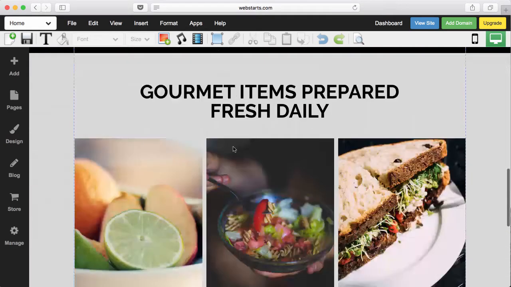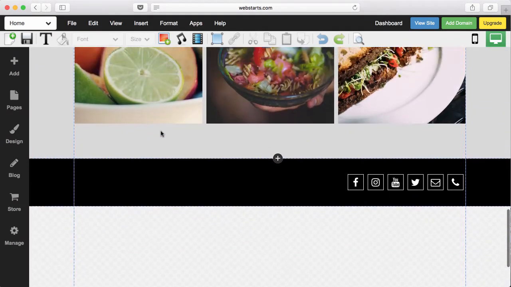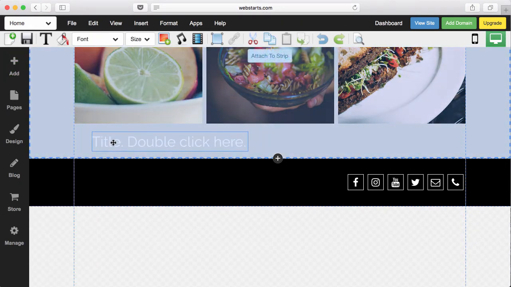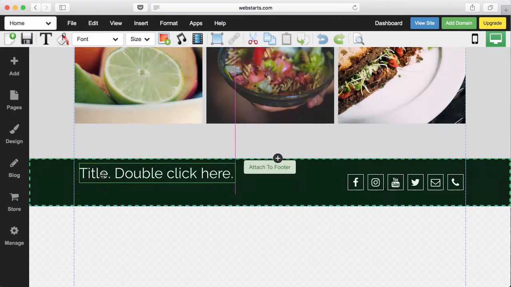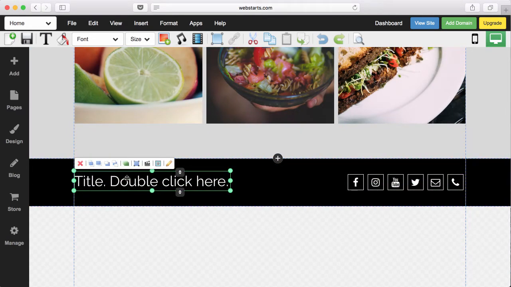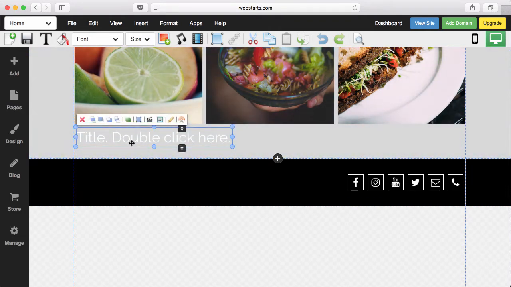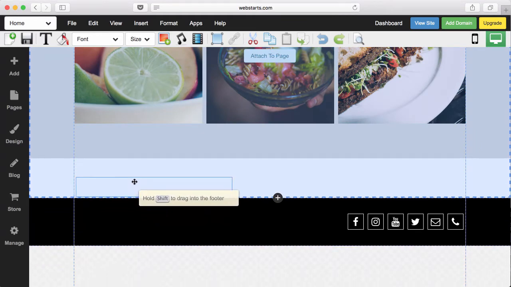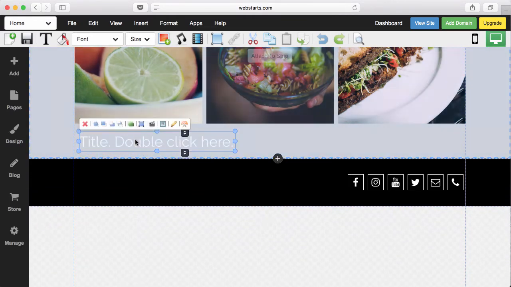You can drag things into the footer down here at the bottom. Like for example, if I want to add a little bit of text, I can drag that into my footer, but I need to select it first and then hold the shift key on the keyboard. And what that does is it prevents that element from pushing the bottom of the page down. So if I normally just drag that into the footer, you can see it just increases the body section of